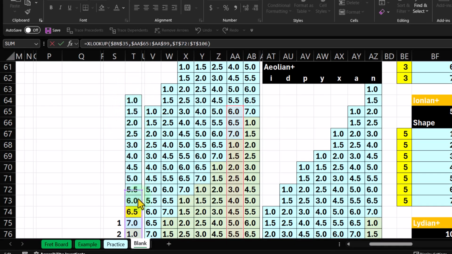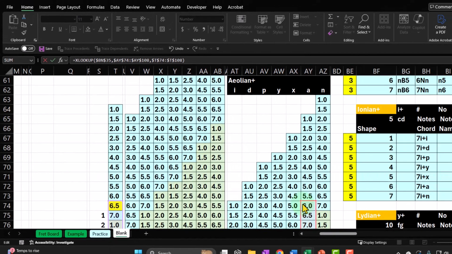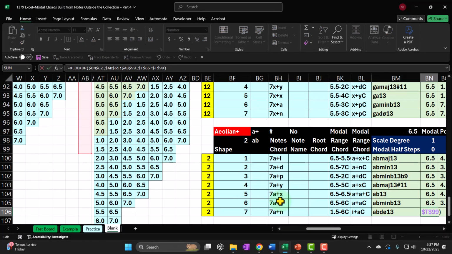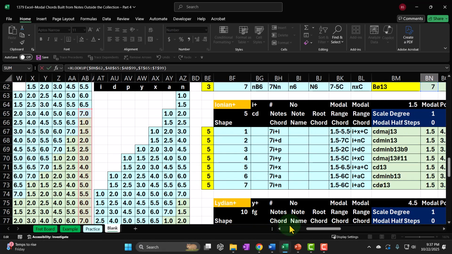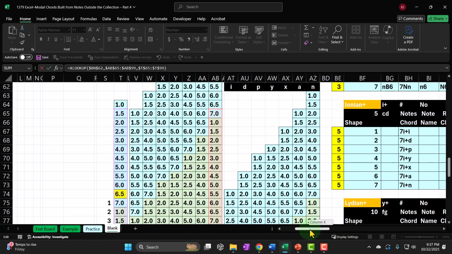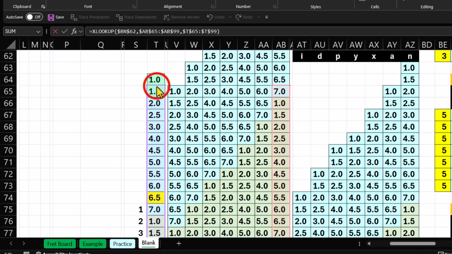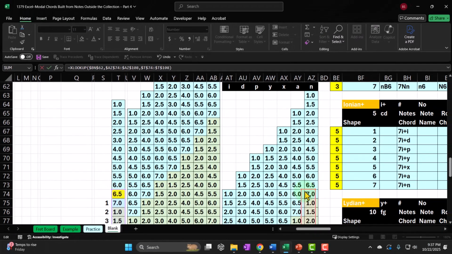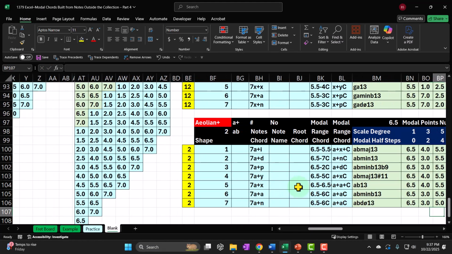And then we'll pull this one down, and now we're on the Aeolian. So okay, here to the Aeolian. One more time, enter, F2 to go into the cell, and then boom, and we'll bring this one down, and then we'll pull this one down and over to the Aeolian, enter,